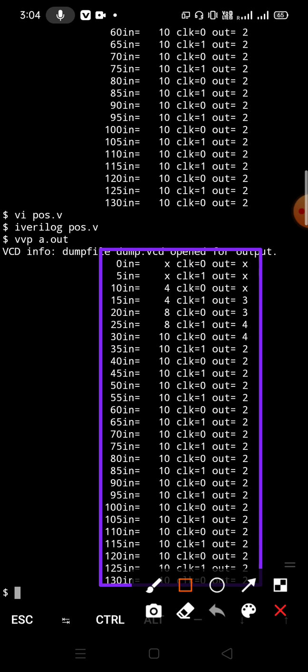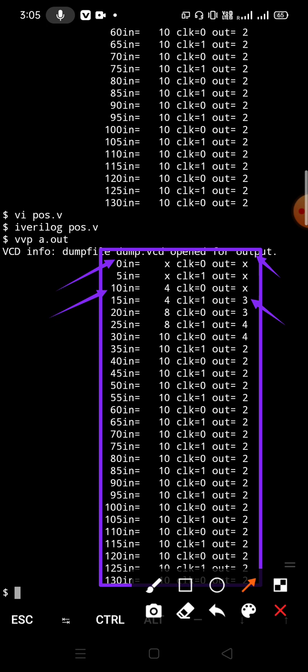This is our output. As you can see, at 0 simulation time we have not applied any input, so the output is x. X means unknown here. At 10 simulation time we have applied our first input, so the positive edge will come at 15 simulation time. At that time we are getting output as 3.